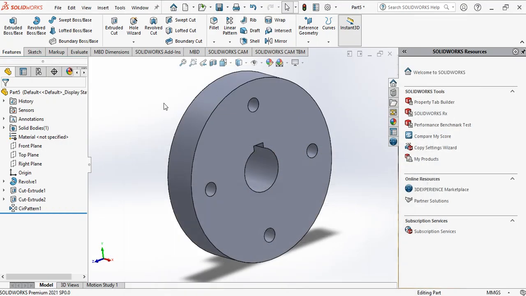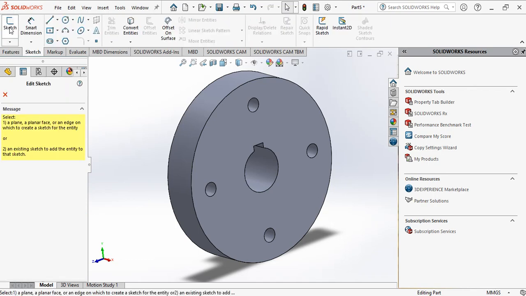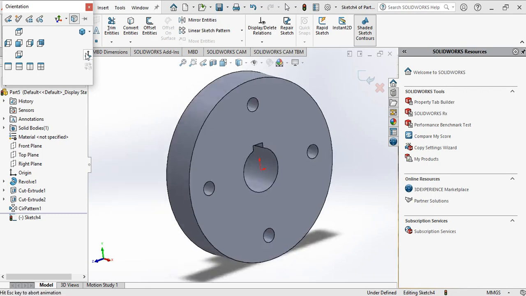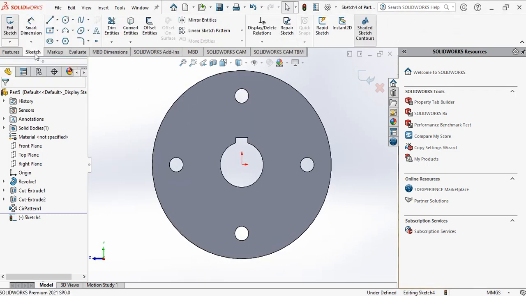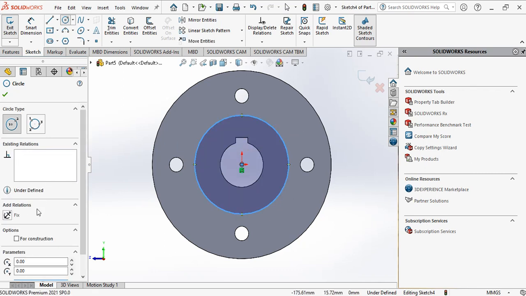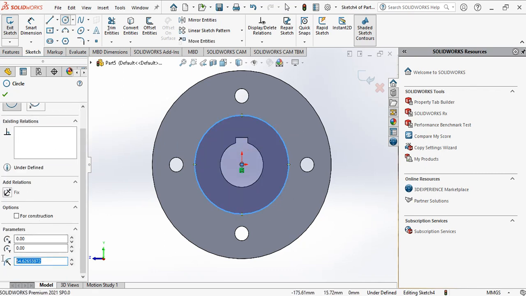So draw a circle. Go to sketch and select this region, press space bar, click normal to, go to sketch, draw a circle of diameter 96 mm. So the radius is equivalent to 96 divided by 2, which is 48 mm.